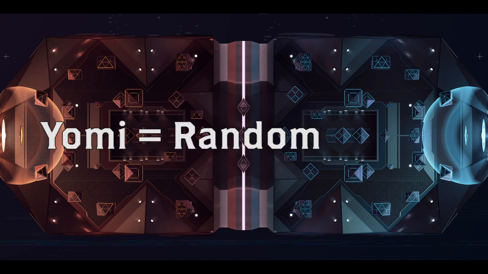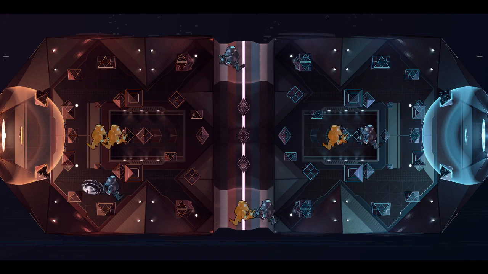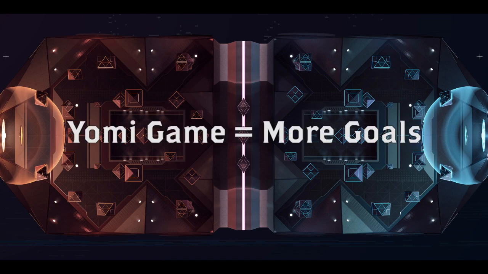If both teams are playing their Yomi game, what you ultimately end up with is a game of rock, paper, scissors. However, the fact that it is effectively random does not mean there is no benefit. Let's say you refuse to play the Yomi game and you just stick with your standard split for every play. What you end up seeing is standard split versus man coverage for most of the game. However, if you decide to play the Yomi game, you end up with more opportunities to run the standard split against a 1-1-2. This gives you more opportunities overall to deploy your strongest play against a weak counter. Over the course of a game, this can result in more opportunities attacking the bubble and thus more goals.